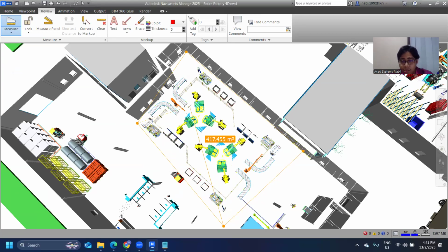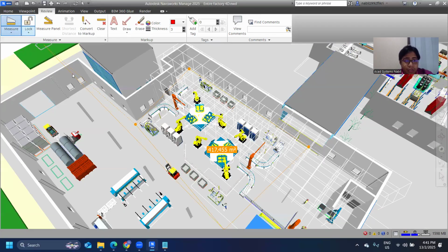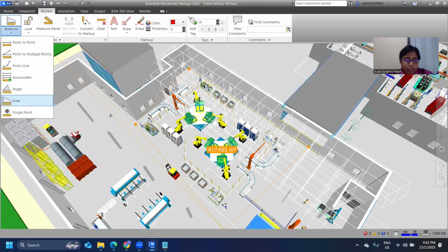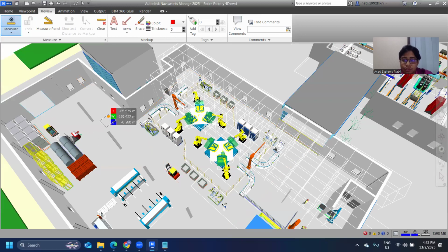So total for this rectangle area, I have somewhere around 411, 417 meter cube. And if I want to find a coordinate, I can use single point. So just select one point and it will tell you the coordinate for X, Y, and Z for that